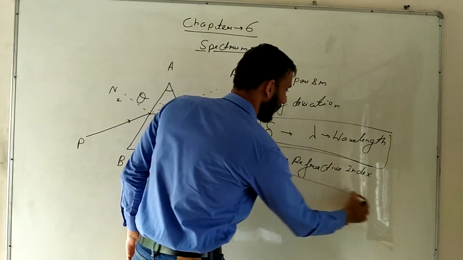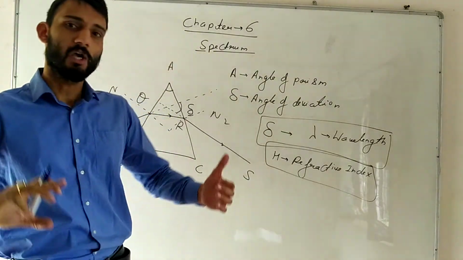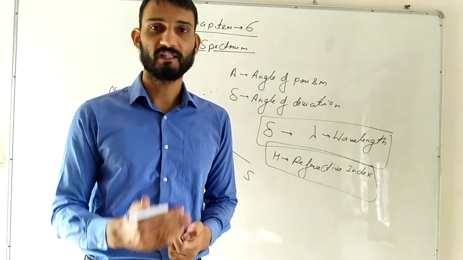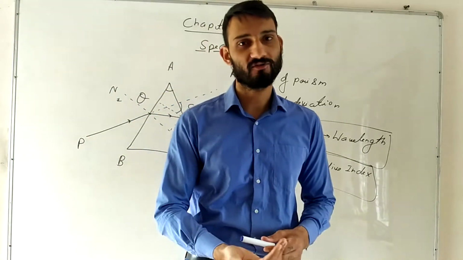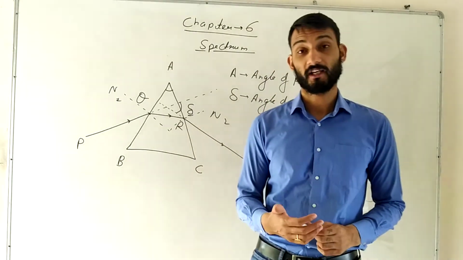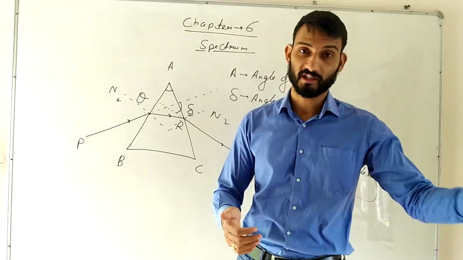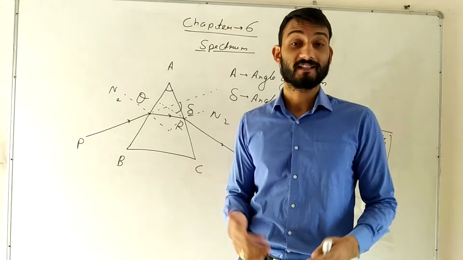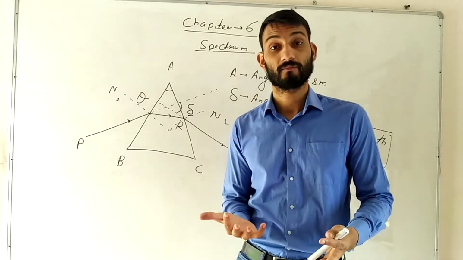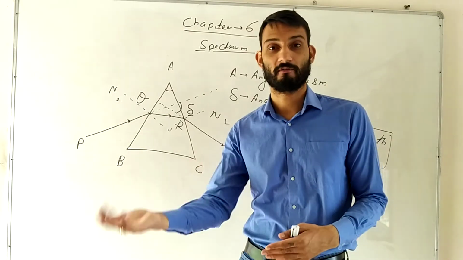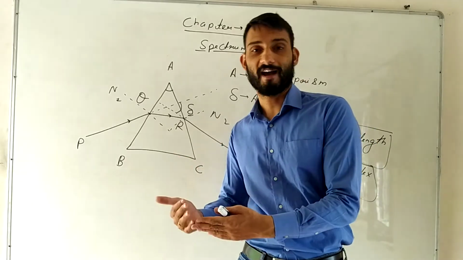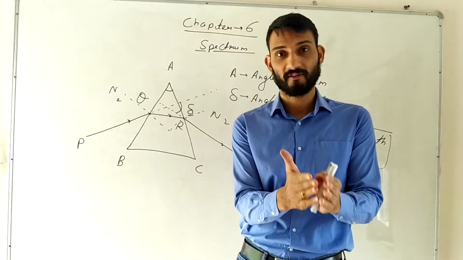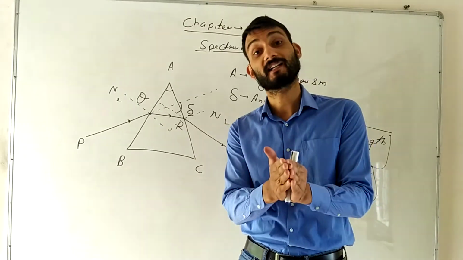Now let me tell you the meaning of this refractive index. More the refractive index, more the light ray is going to bend. It means for two substances, if we have refractive index of 1 and 1.5, okay, so if we have refractive index of 1 for a particular substance X and 1.5 for a particular substance Y, in which substance is the light ray going to bend more? More refractive index, more will be the bending. So obviously it is going to be for substance Y, because the refractive index for Y is more. So that is 1.5. For a refractive index of 1.5, the light ray is going to bend more.